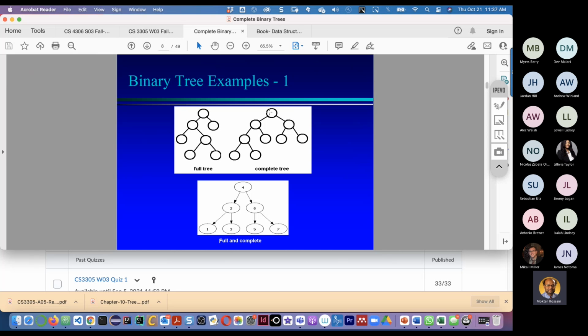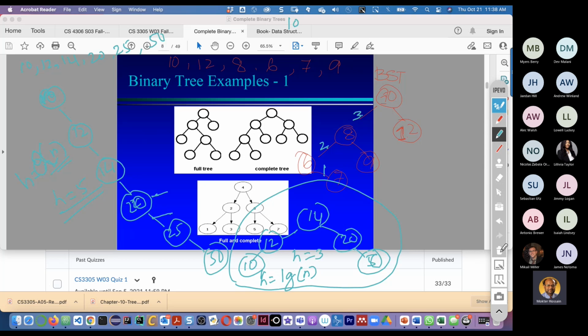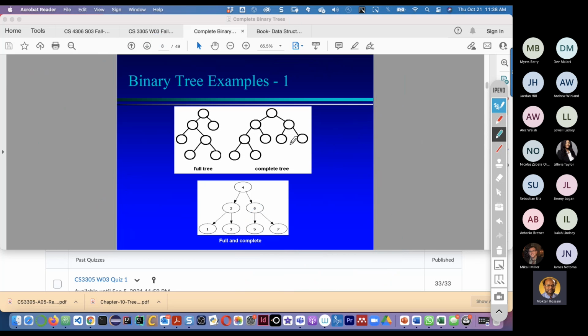Complete tree means each node has 2 branches, 2 children, and if there is an additional child, it will be filled up from left to right. That means if it gets one more additional node, that node will go here, and the next node will go here, and after this node, if there is another node, it will go here, and another here.